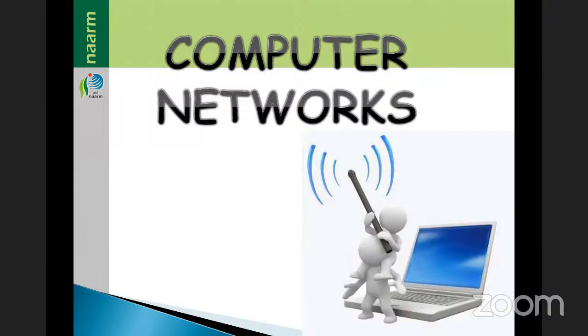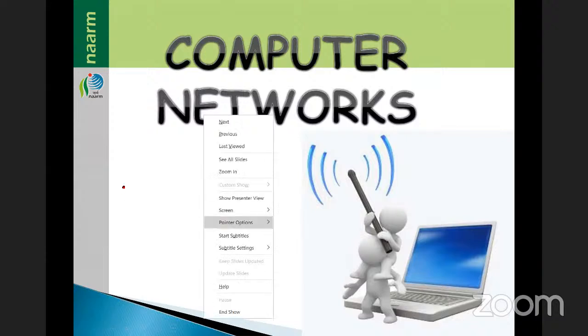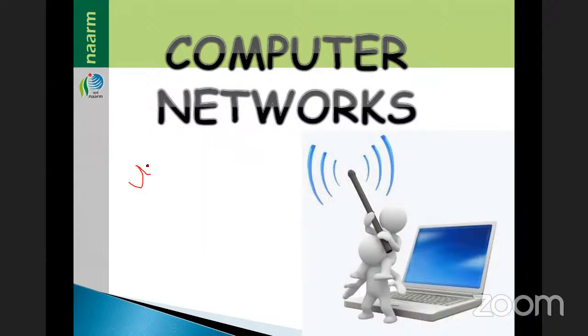Actually, when the computer initially came, at that time they were using DOS, disk operating systems. Disk operating system means it is an independent system. We cannot connect to other systems. This is a single-user system, meaning only one user can use it. After that the multi-user system came, for example Unix operating system. So the Unix operating system was there.